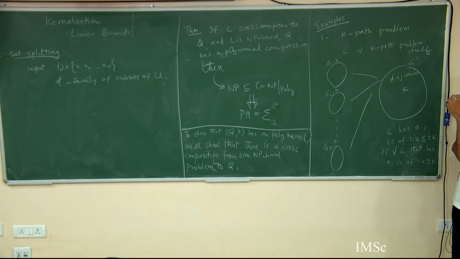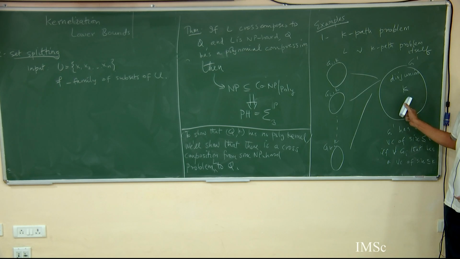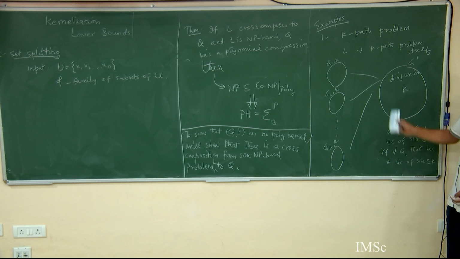Yeah, in fact, the same reduction goes through even for something like clique. This disjoint union has a clique of size k if and only if there exists a G_i for which there is a clique of size k. If somebody has a clique of size k, then the union will have one, and if the union has a clique of size k, there is some i. So, what have we shown about clique? If this happens,